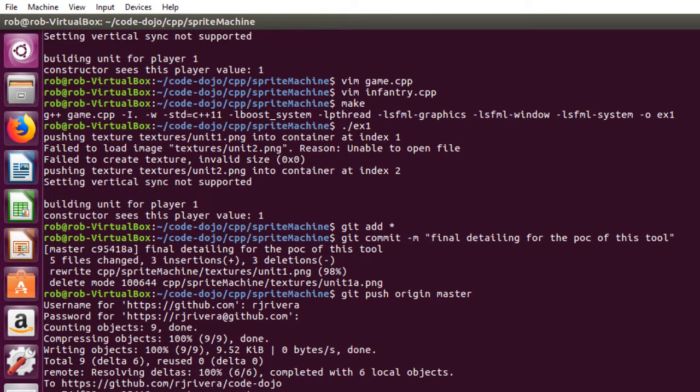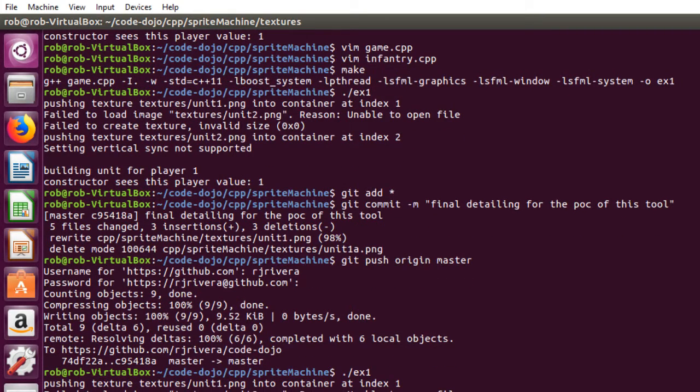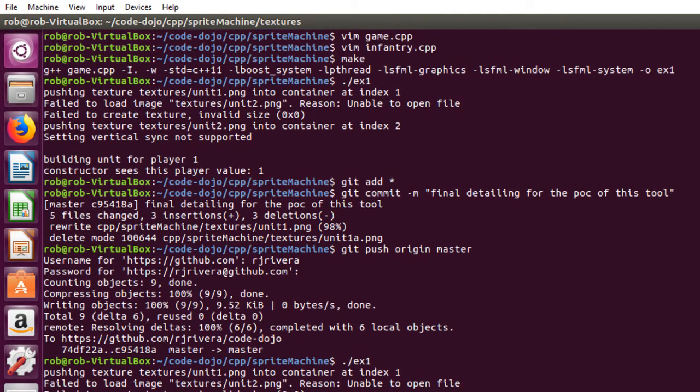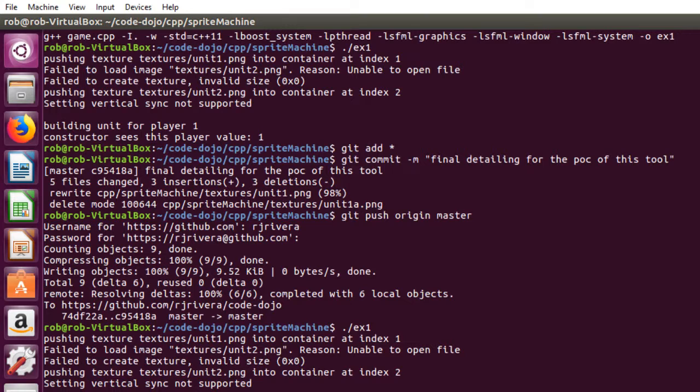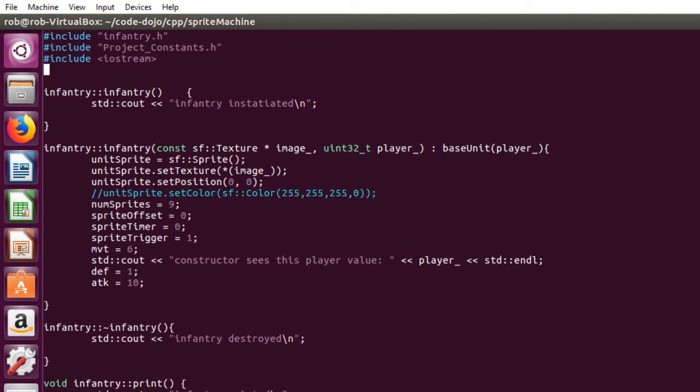Given that the texture's in the appropriate location and named appropriately, in this case it's under textures of wherever my project root is. Unit 1 is the one that I care about. That's RM Unit 1B, so that doesn't ever make any confusion. And I have a 2-level hierarchy for object inheritance, very basic. Base unit and infantry unit, you only have to update the infantry unit class. In the actual constructor